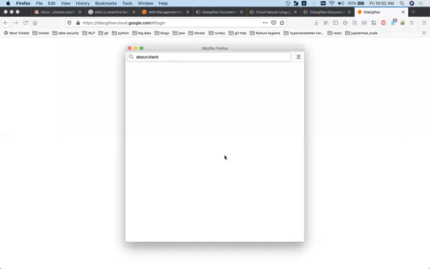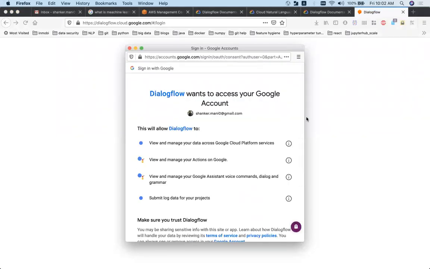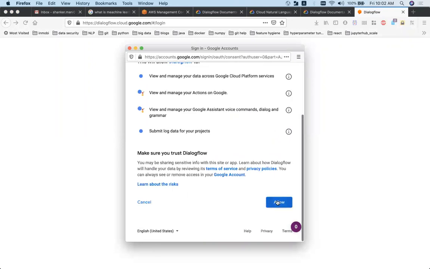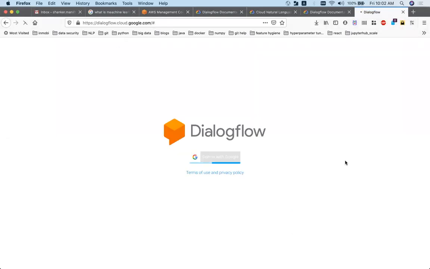Sir, I have one more question. How can we relate Google Analytics? Is this part of API? Google Analytics is something else actually. Google Analytics is mainly to capture how many people are coming, from which country they are coming. If you have a website, that's what Google Analytics will give you.